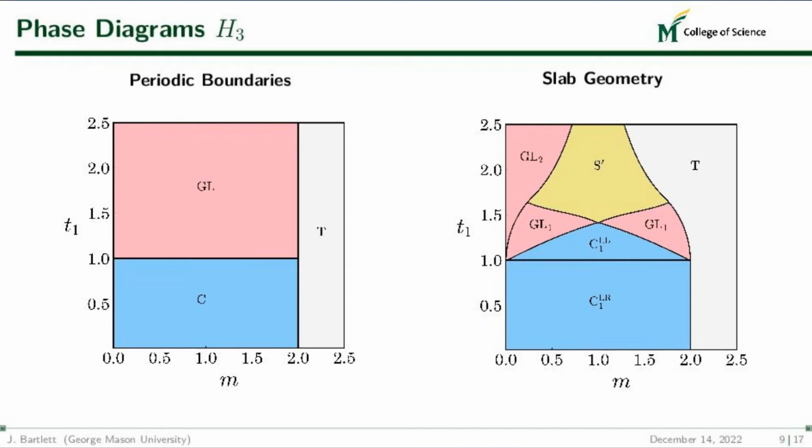If we look then at the slab geometry on the right, there are a lot more transition lines and more topological phases. So we see that there's this blue non-trivial region with Chern number equal to 1, and then we see the edge states for below 1 are localized, 1 on the left and 1 on the right, and then above 1, you're getting both of the edge states localized on the left-hand side. You get this trivial gray region where there are no edge states present, and then you get three different gapless regions. Two of them are in pink, and then the gold region is an interesting new gapless